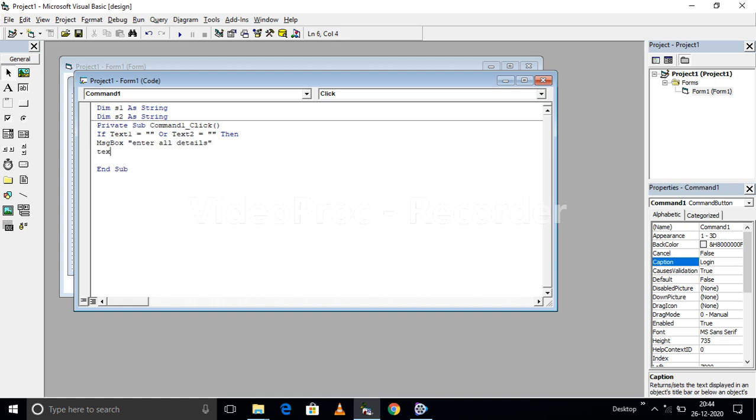Okay, then I'll say exit sub, enter. Otherwise, whatever the value of text1 is, it is assigned to s1. Similarly, the content of text2 is assigned to variable s2. Okay, then I'll take ADODC1, this is the name of my ADO data control, dot RecordSource. Now here I am going to specify the record source, that is my table name. So here I'll write the query